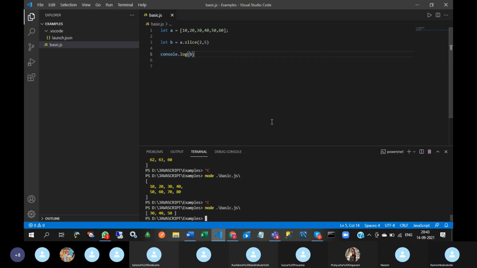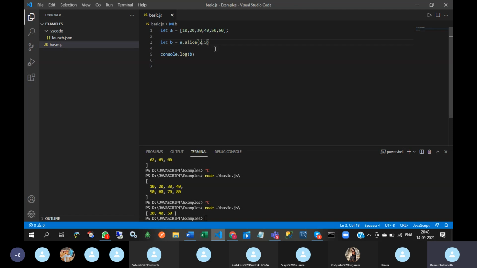See this, what happened? I'm giving two parameters, 2 to 5. That means 0, 1, 2, from 2, I mean 30, to 3, 4. So 2 to 5 means 2, 3, 4. It will not consider the fifth position. So it will display 30, 40, and 50.